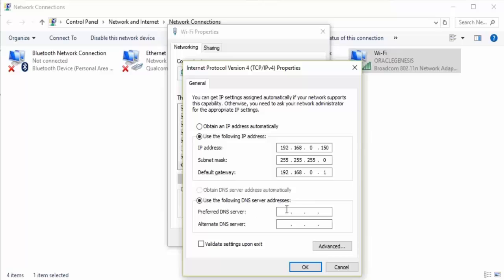You also need to provide the DNS server. Not to get into what a DNS server is, in the simple case your gateway IP is your DNS IP. Remember this point. So we'll give 192.168.0.1. Simple as that. Now if I click OK, the network will be disconnected and reconnected, so I won't be forcing the static IP on my laptop. This is just a way to demonstrate how you can set a static IP for your Windows system.